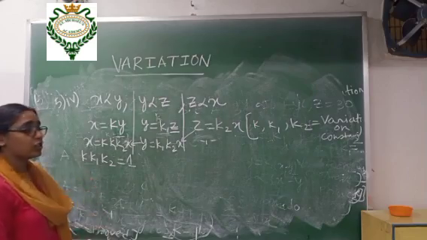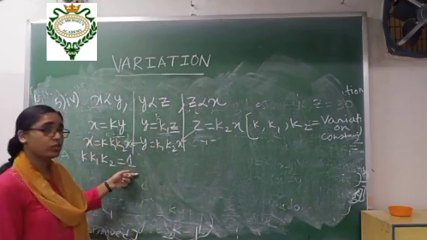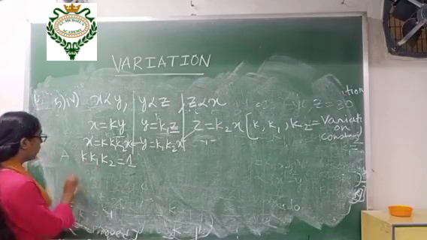So what will you write? The relationship between the constant terms is 1. It means constant. 1 is also constant. Okay. Now your homework is